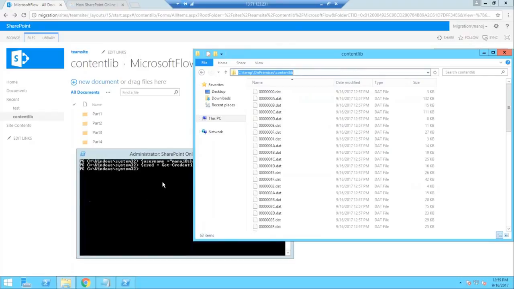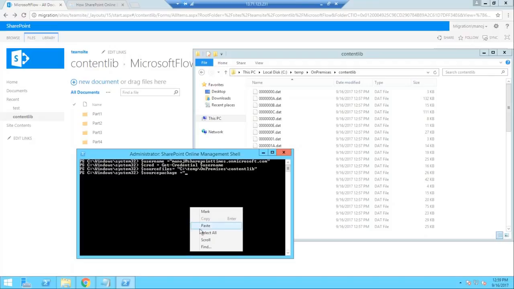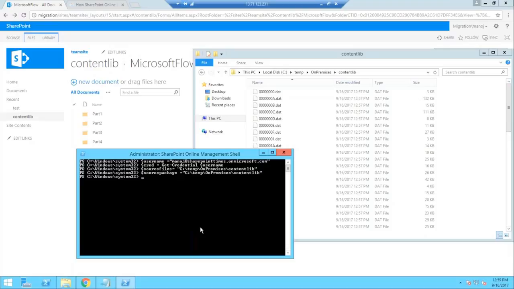I'll just take this one, Control C. I'll use those variables later in the commands. I have a source file. Let's just set the variable here, source file. So this is my source file. Similarly, I have a package file, source package, you can say. So it's the same for me, package and file are the same.